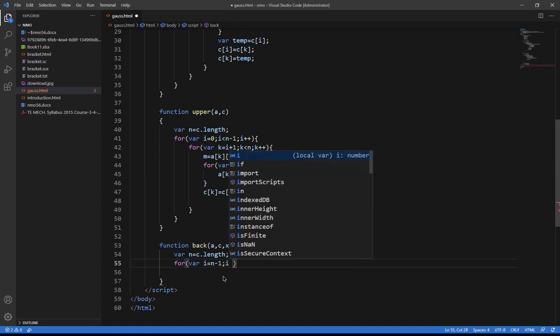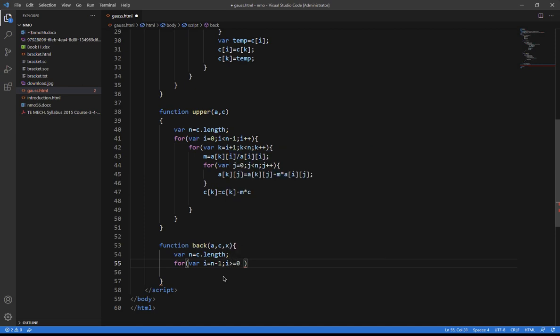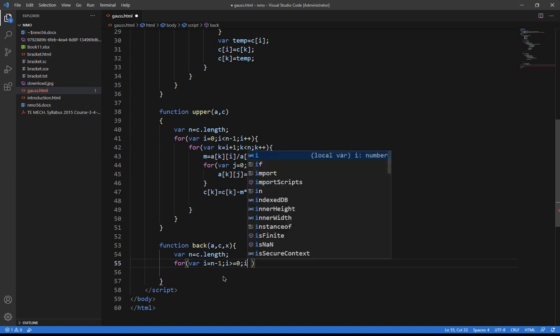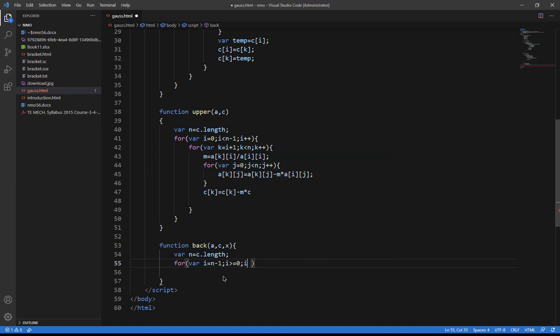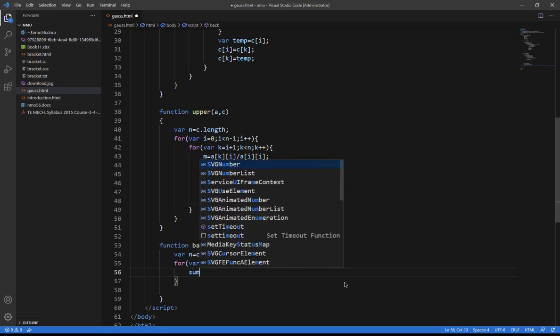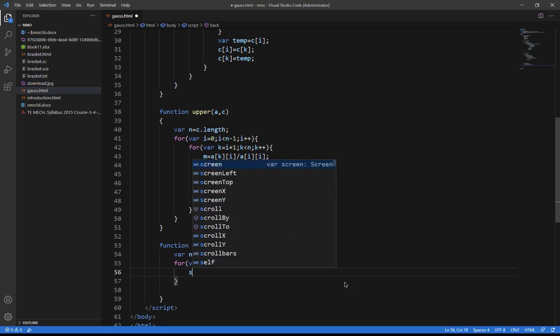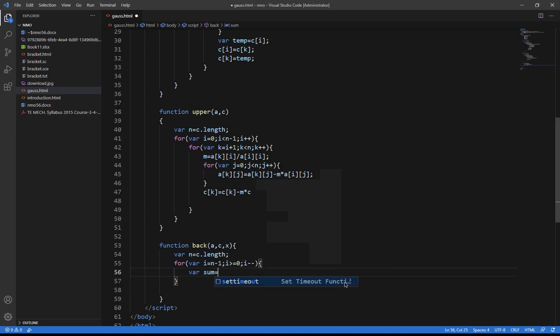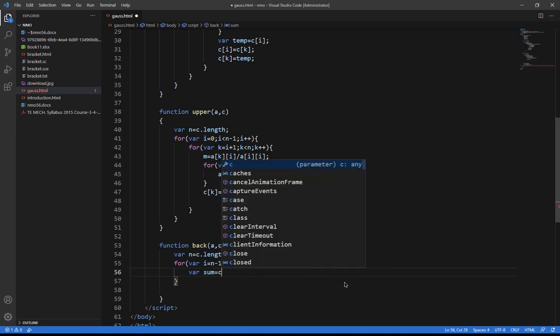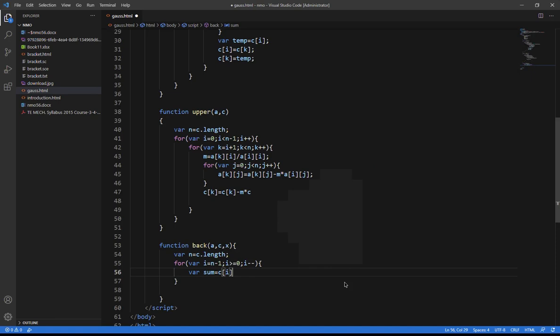Then I'll be having i greater than or equal to 0. Okay, that is the first row, and then I'll be decreasing the value of i by 1. Instead of incrementing, I'll be decreasing, so it will go 2, 1, 0. In this way, this will decrease. Now I need to have some variable, so I call it var sum is equal to c of i.